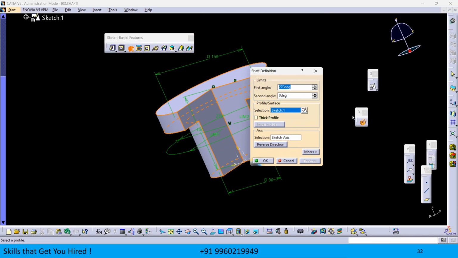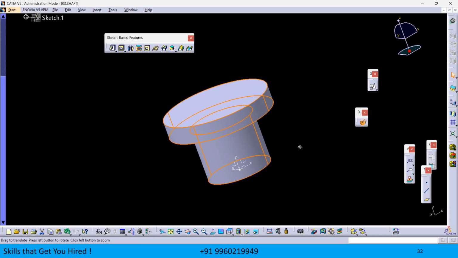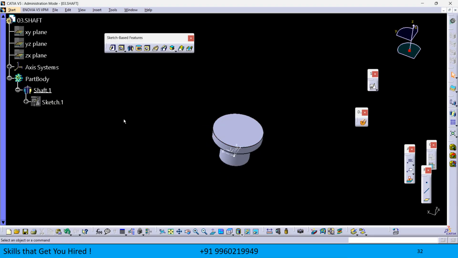Now I'm defining this angle to 360. See this preview, click on OK. So this is all about the shaft. So using shaft you can add material around an axis. So the next tool is